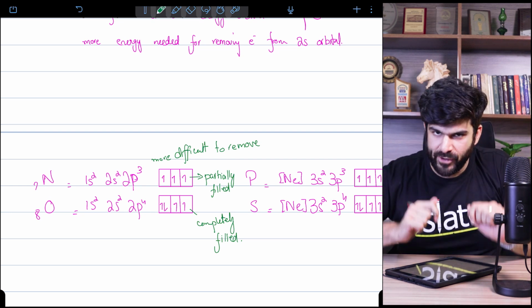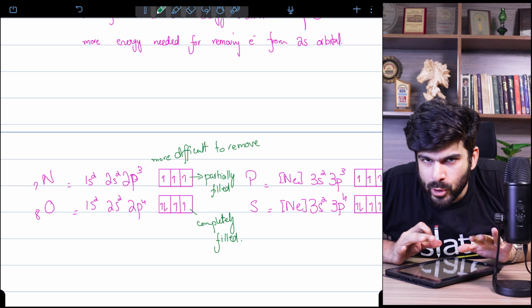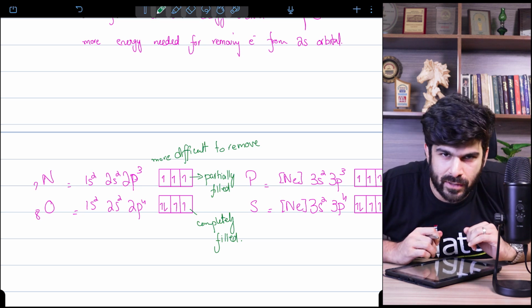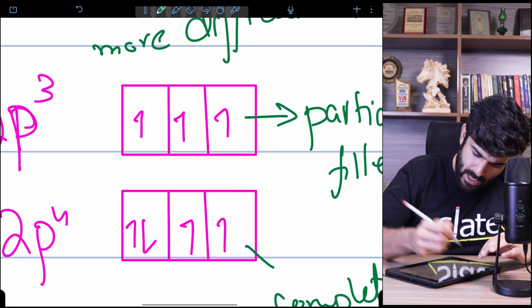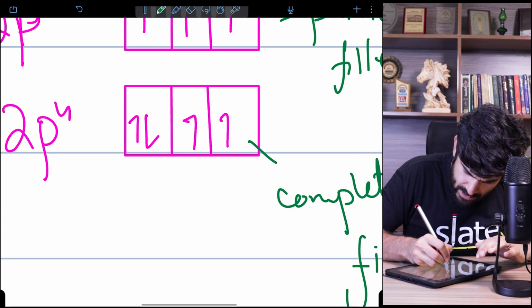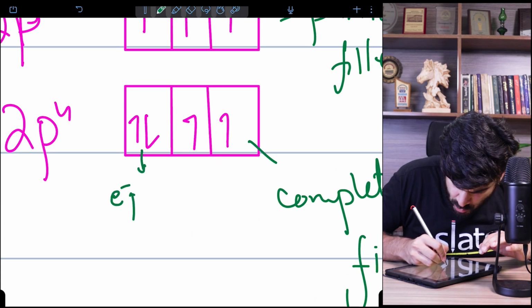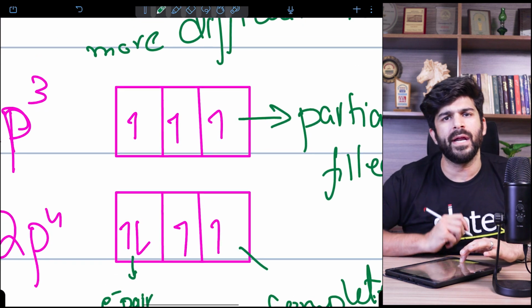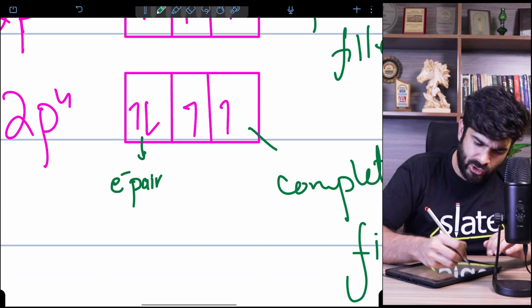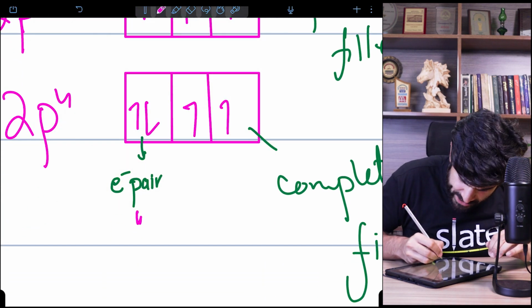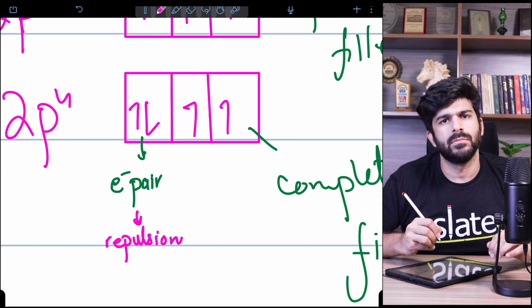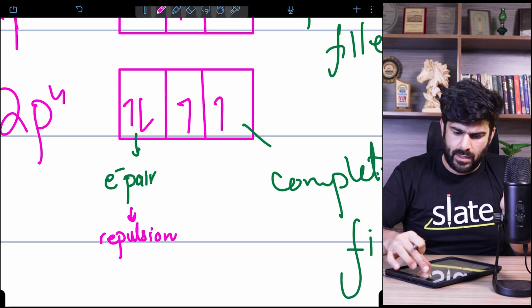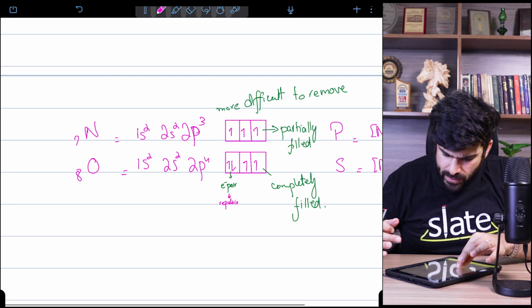So what are we going to do here? We are not going to talk about partial and complete filling. Rather, we need to understand the concept. Here we have an electron pair as well, while there is no pair in nitrogen. And due to the electron pair, we will experience repulsion. So the concept is called